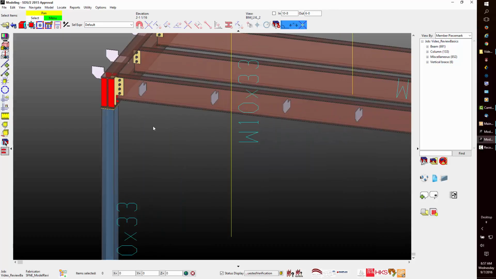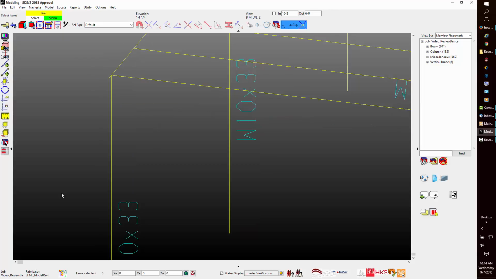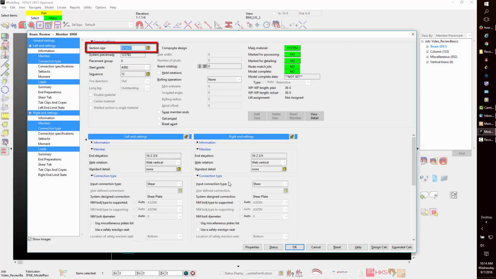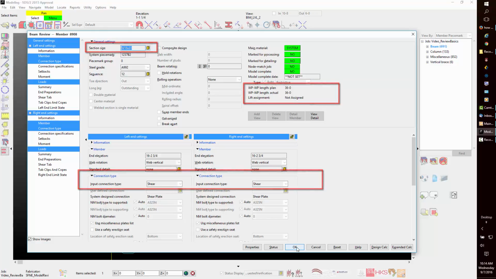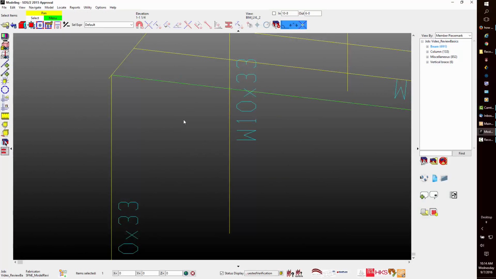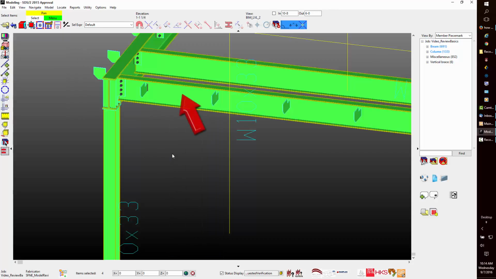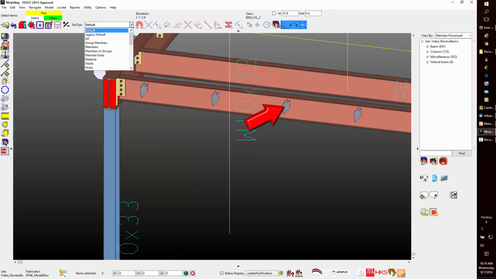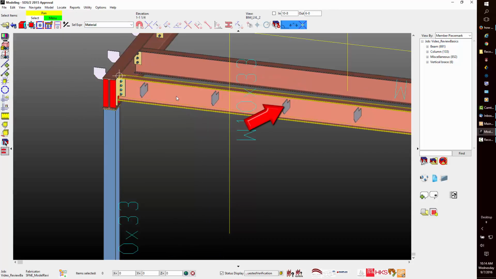This is a good time to discuss the two forms of a member in SDS2. The first form is the stick. This contains all the member data which is used to build the member, as seen when I review the member. Notice the section size, working point to working point, and connection data, to name a few fields. Second is the solid form of the member, which contains the main material and the submaterial, such as connection material